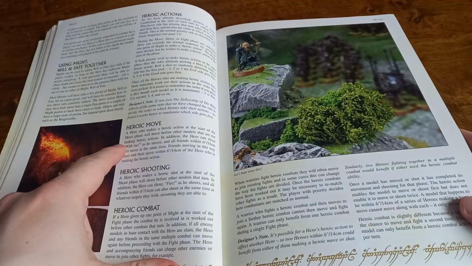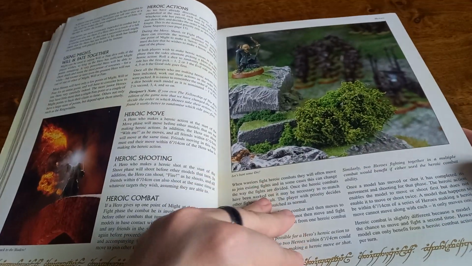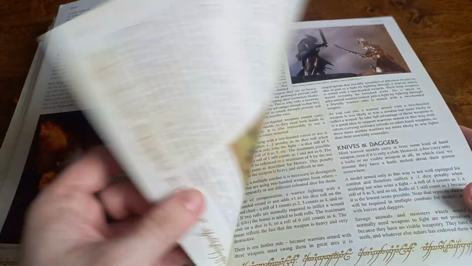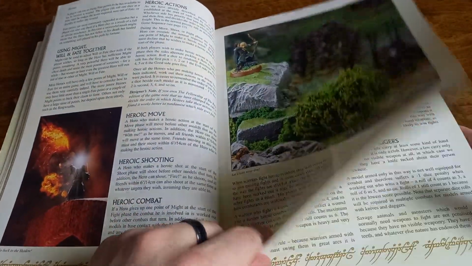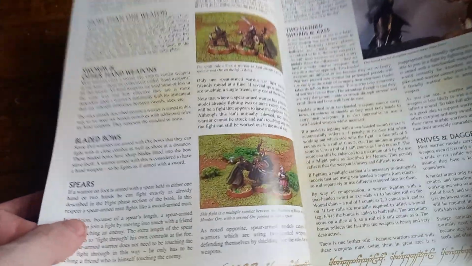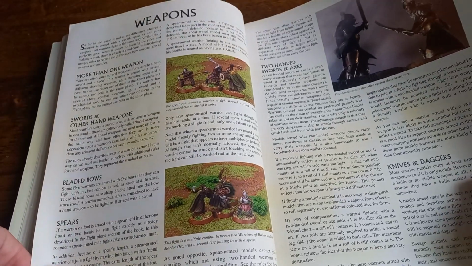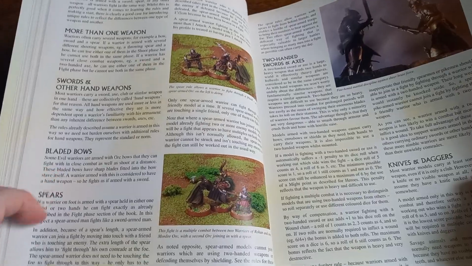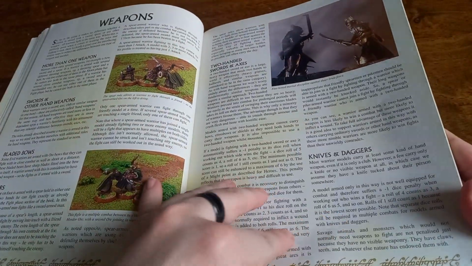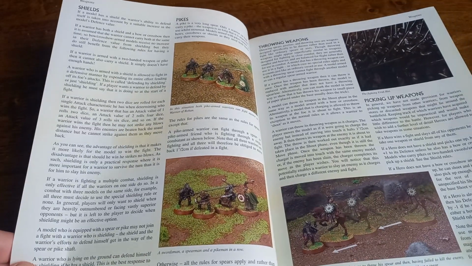Still got the same heroic actions and how they work. So your heroic move, heroic shooting, and heroic combat. They obviously upgraded that and added to things later on down the line with more heroic actions. You had a few more bits and pieces for weaponry. So they talked a little bit more about things like bladed bows and spears, knives, daggers, two-handed swords and axes, shields and how they worked,